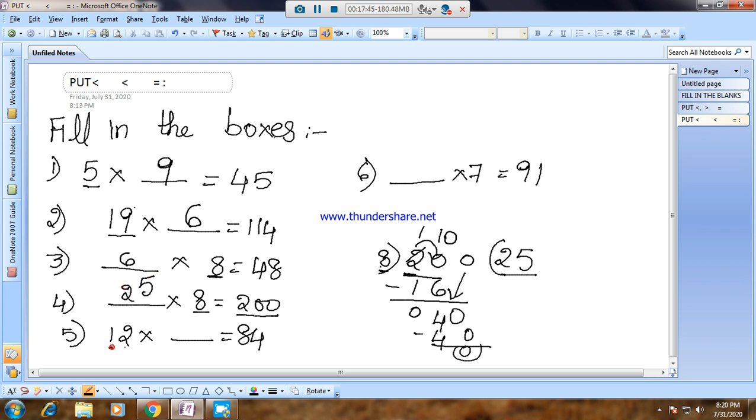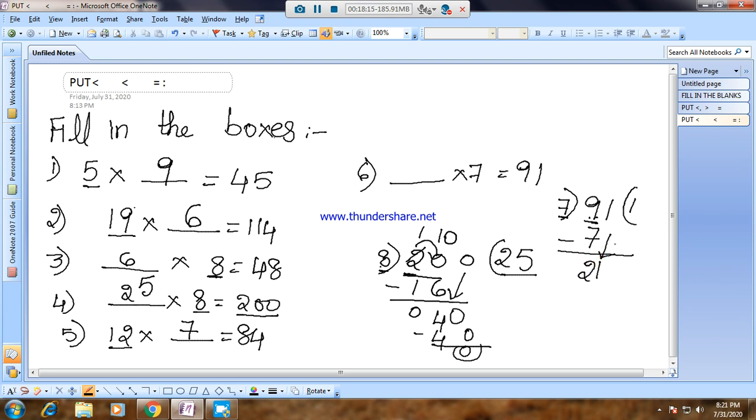Now 12 table, we all know this, we can read. 12 ones are 12, 12 twos are 24, 12 threes are 36, 12 fours are 48, 12 fives are 60, 12 sixes are 72, 12 sevens are 84. Now 7 table 91. So this also we will go for division. And 7 is 1 digit, here also 1 digit. When compared to 7 and 9, 9 is the bigger one. So that is the reason we will go for 7 table. 7 ones are 7. Now open your 9 fingers and close 7. How many are left? Yeah, 2.